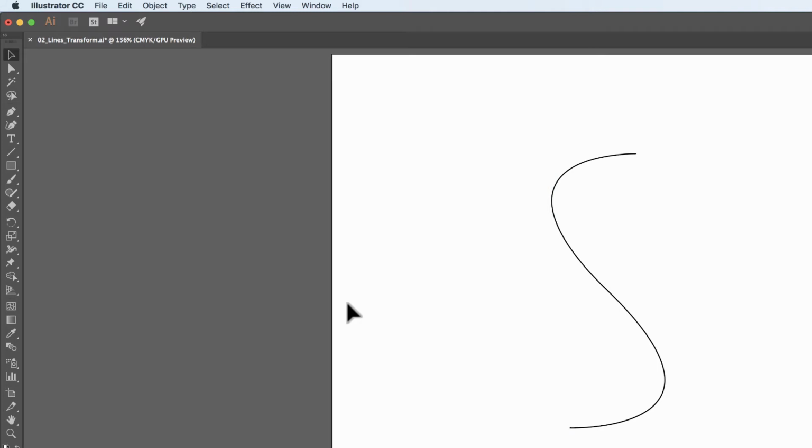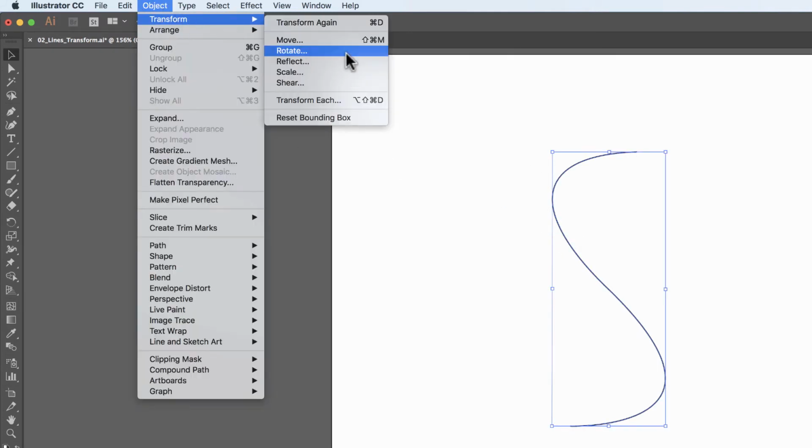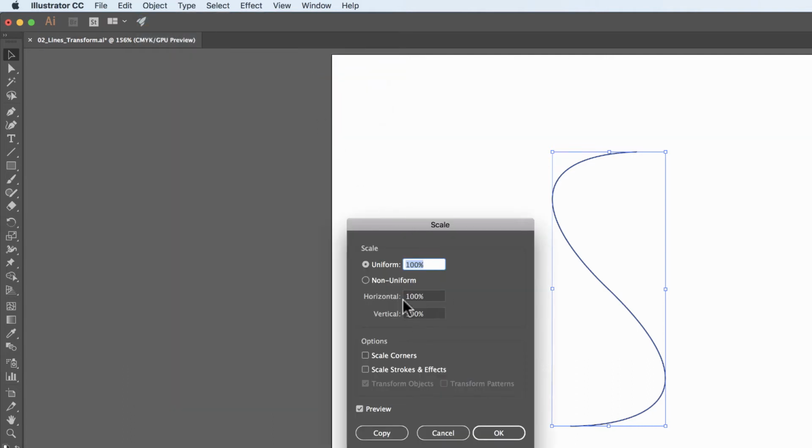I'm just going to delete that and get rid of it. Select this guy again, going to Object, Transform. So that's what reflect was. Scale is just a window for making scale changes, either uniform, which is like holding down the Shift key, or non-uniform, where you can stretch it vertically or horizontally. The scale corners is if you're using a rounded rectangle, and it'll scale your corners for you, which is pretty convenient. Then we have scale strokes and effects, which we talked briefly about in the preferences